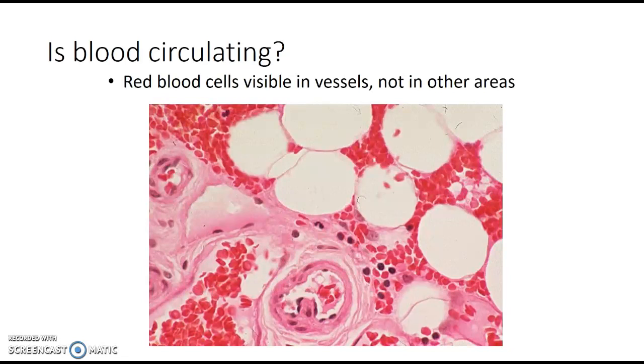You can also look for in your tissues whether the blood is circulating or whether it's left circulation. So here you can see a blood vessel with lots of nice layers surrounding it so that it can constrict. But you can also see that there's a lot of these little donut-looking red blood cells outside of the blood vessel. That's not a good sign. That means that blood is not behaving normally, and so we might have some sort of problem. If you identify this in many locations, then that could be an issue.